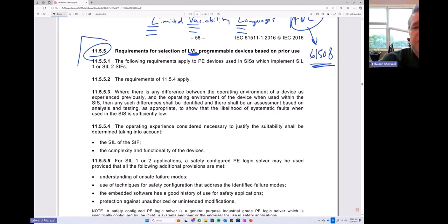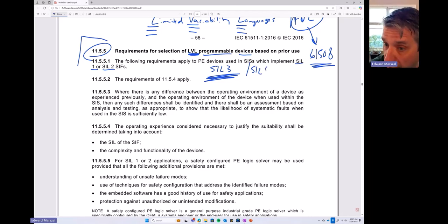So if you're using an LVL programmable device based on prior use, you are allowed to use it in safety applications, but right out of the gate, that commercial off-the-shelf PLC, you can only use it in SIL 1 or SIL 2 SIFs. So if you have a SIL 3 application, or God forbid you have a SIL 4 application,